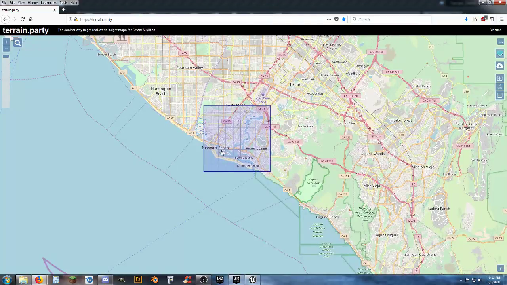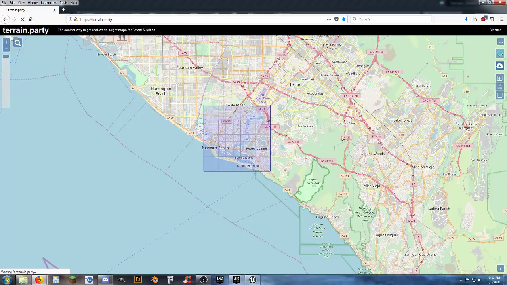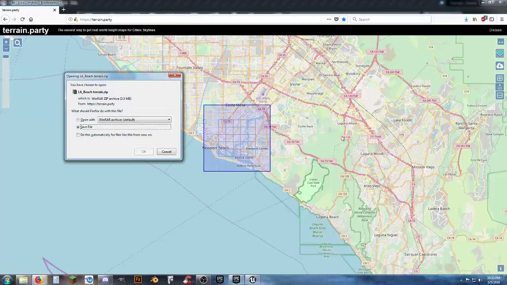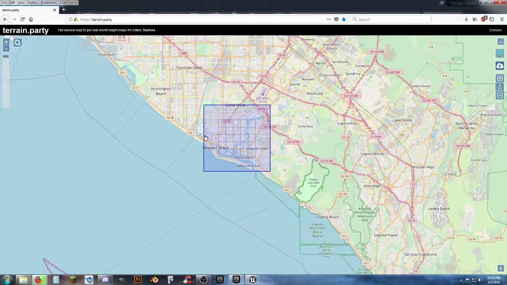Alright, so this is really complicated. To follow these instructions really well, once you put your box where you want it to go, okay, this big block here is the area I want to copy into Unreal Engine 4. Click on the cloud. We're going to call this LA whatever beach. And okay, now here's the hard part. We have to wait for a couple seconds and then save file and save,